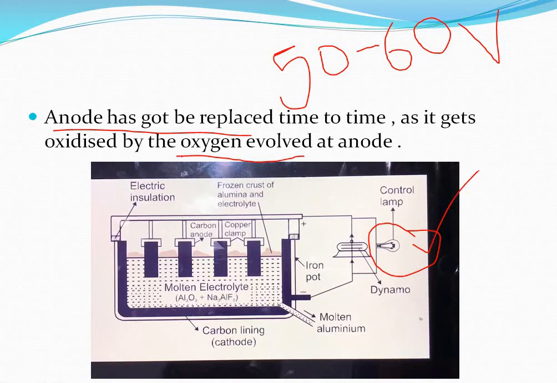And that bulb will start glowing fast, and after that we come to know that there is a decrease of the substance alumina, because from this alumina we are getting the aluminium metal. As all the alumina is converted to aluminium metal, the voltage of that circuit changes to 50 to 60 volt. In the starting, the voltage we take is 5 to 6 volt, and now it is converted to 50 to 60 volt, so that bulb will glow very brightly, right?